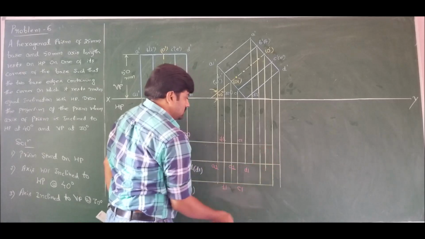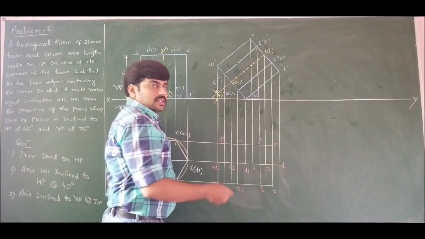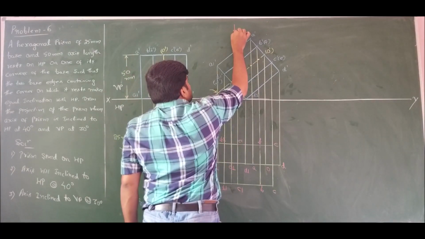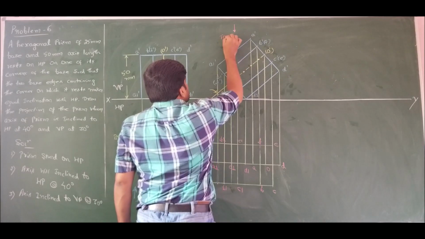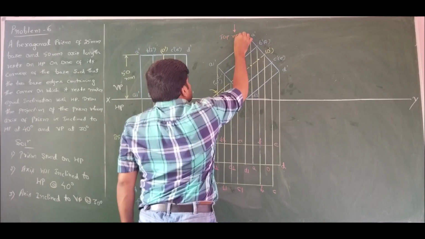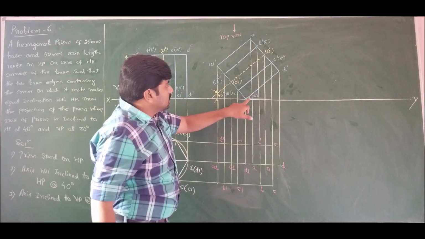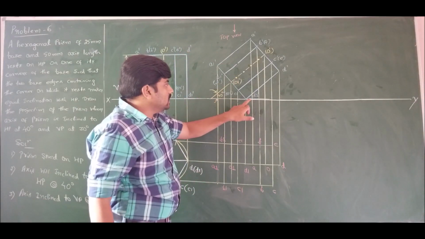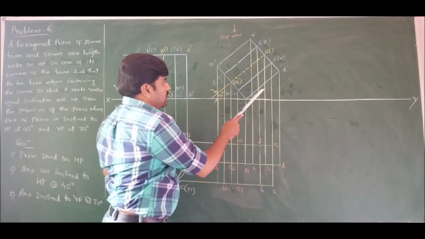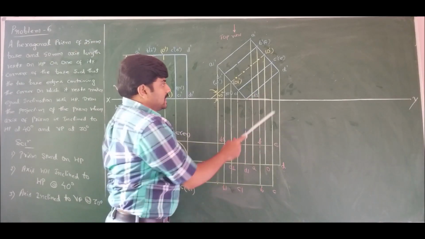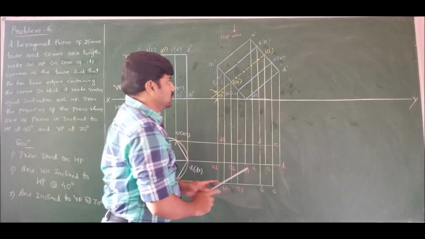Mark all the corners. In the top view, observer will be here. To the observer, the farthest corner is D1 prime. So therefore, all the edges emerging from D1 prime are invisible. The edges emerging from D1 prime are